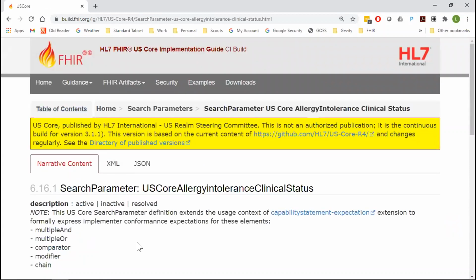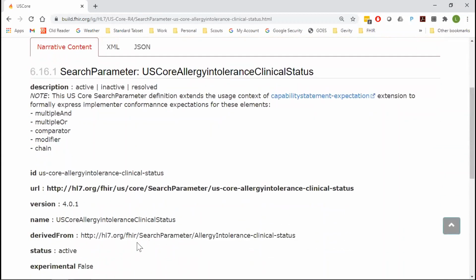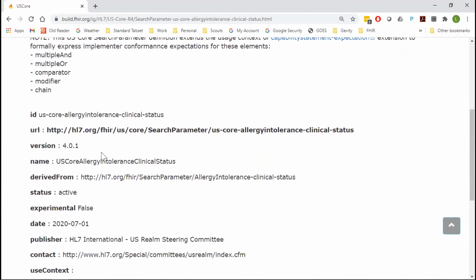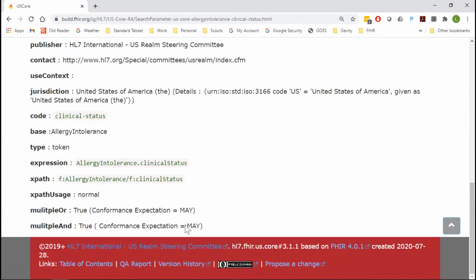allergy intolerance, they say that you can specify multiples. So I'm interested in multiple, and that is actually a weird thing for them to declare here. That's a bug, because you can't ever have something that is status of active and inactive. That would make sense, but... And even comparator makes sense. So they're saying this is a search criteria that you can use,